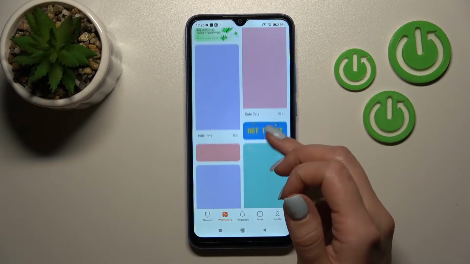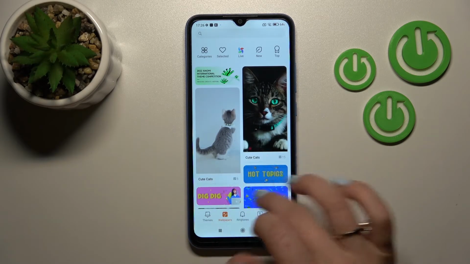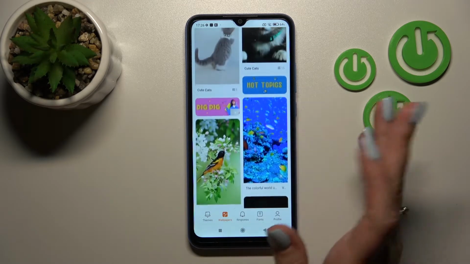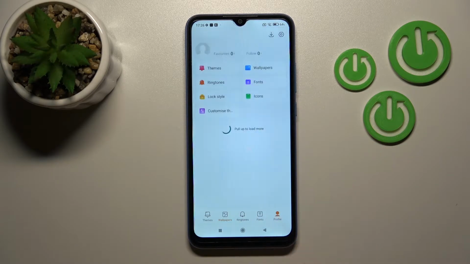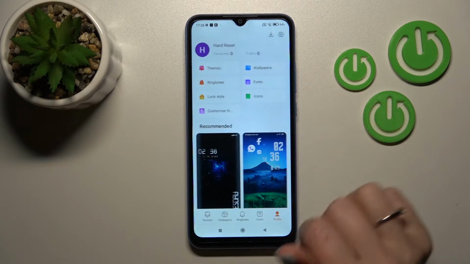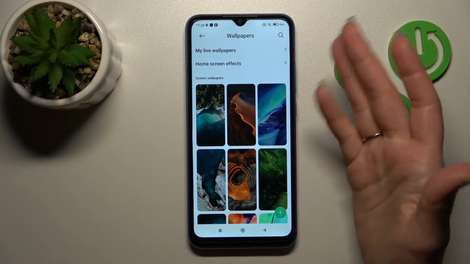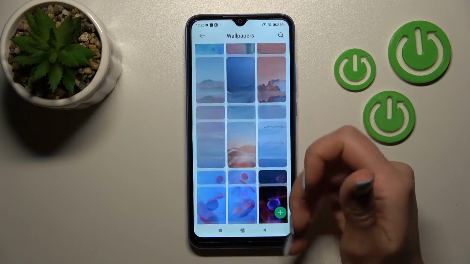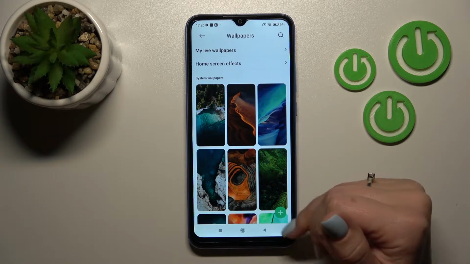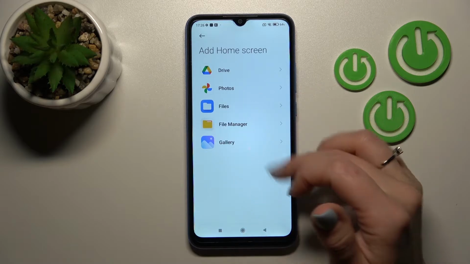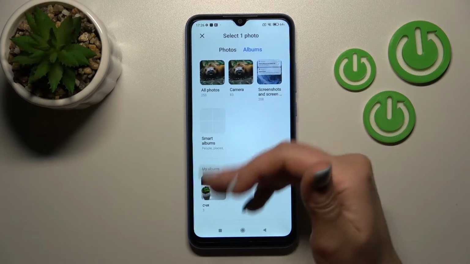After that, we can see here the wallpaper section, and these are the live wallpapers, so the online wallpapers. We can use them, or also we can switch wallpaper here to profile and click here to wallpapers. After that, we can use just the wallpapers from our device, the default ones. Also, we can click here on this plus icon and use photos from our device gallery, downloaded for example from